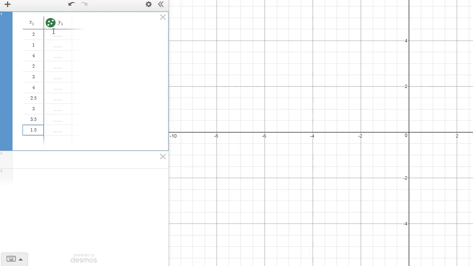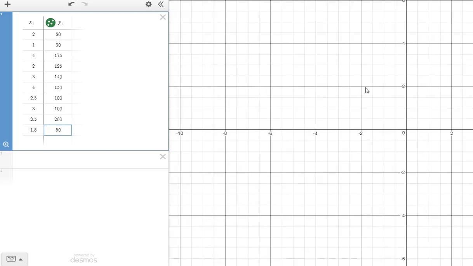My Y values to go with those: 80, 30, 175, 125, 140, 150, 100, 100, 200, and 50. Now, before you panic and say, "Oh no, I don't see any points over here,"